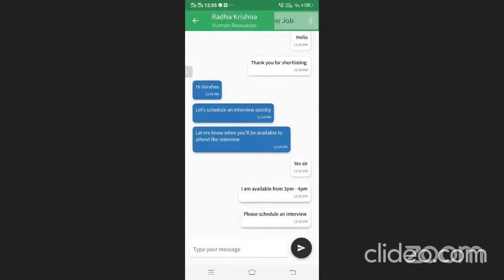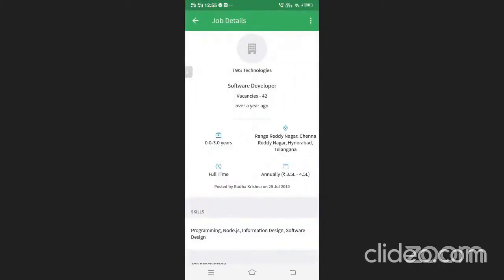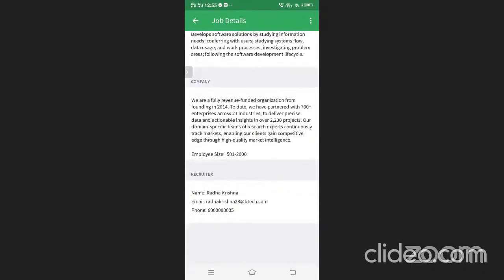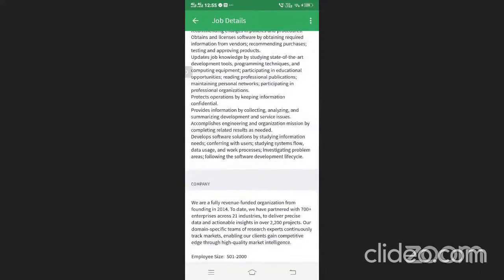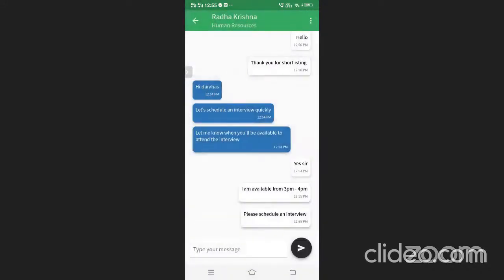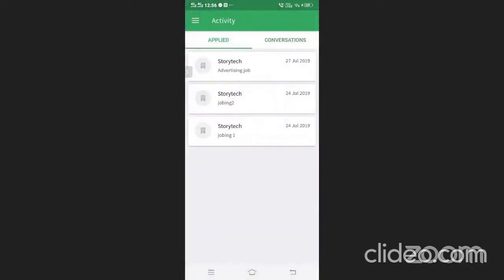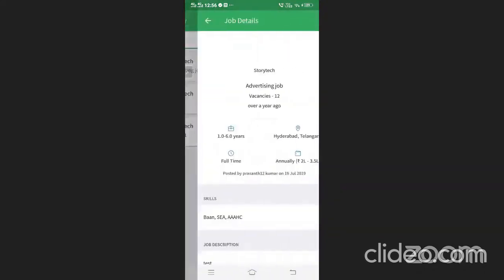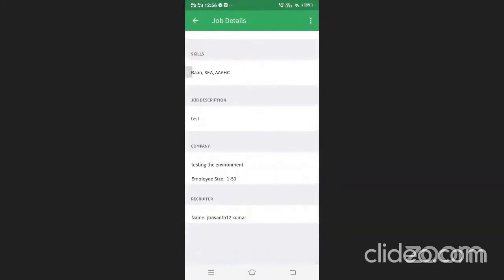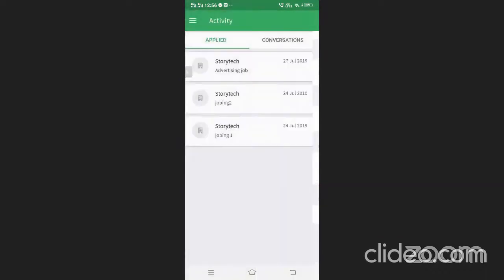But in the top right corner, there is view job option. You can have a look at the job again. And if you come down, you'll find the phone number of the recruiter. You'll find the email ID and the phone number of recruiter. This is only available because I got shortlisted for this job. But the jobs in the applied section, these are the jobs which I applied, but I didn't get shortlisted for. So even if I come down, I'll only see the name of the recruiter, but not the details.